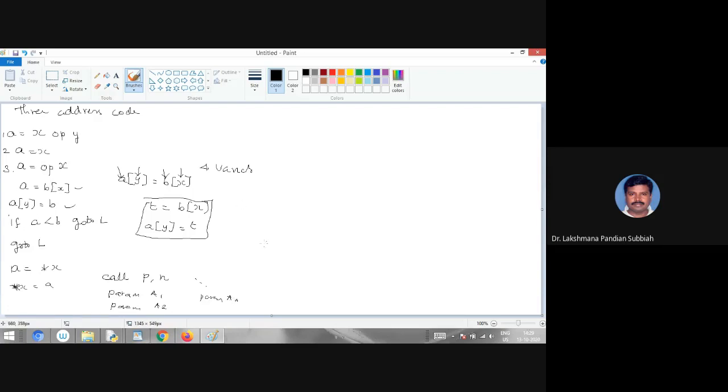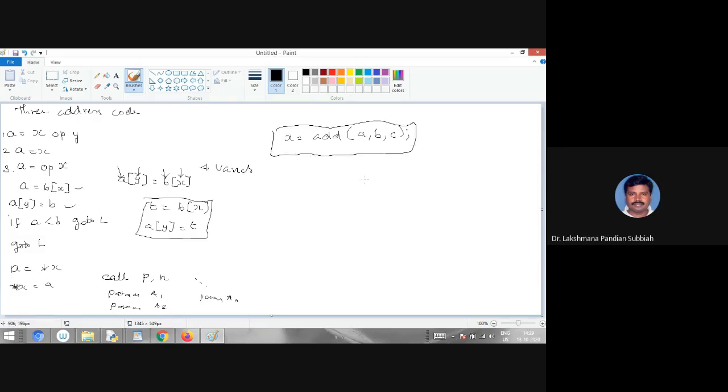So how do you do that? Suppose we have a function call x equal to add a, b, c. This is a programming language statement.